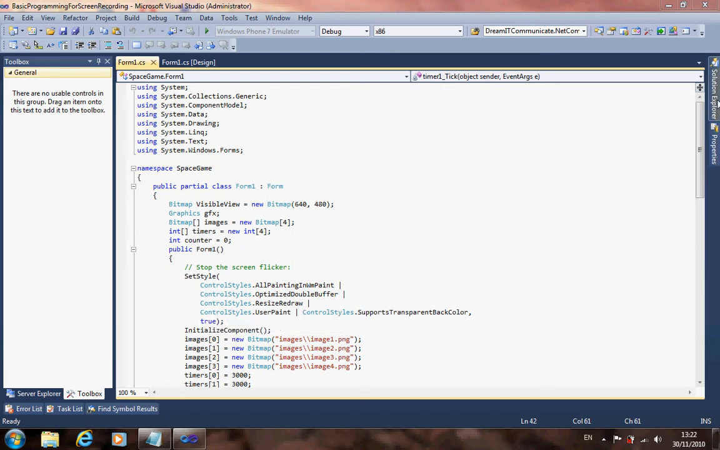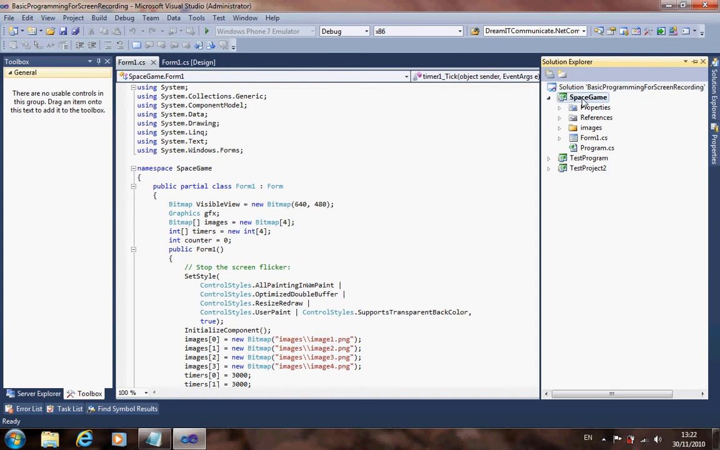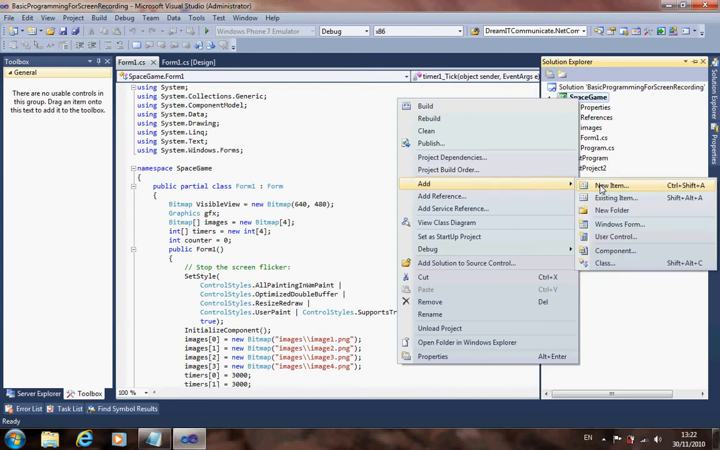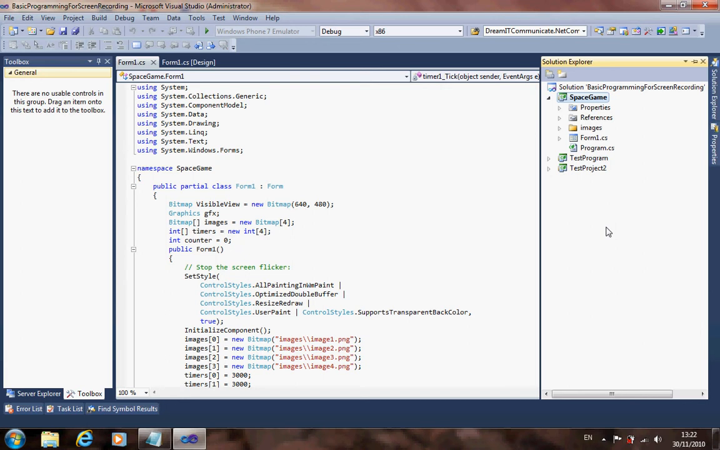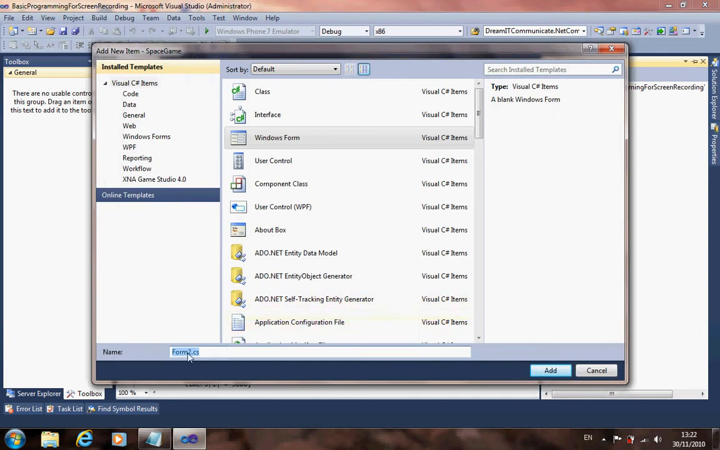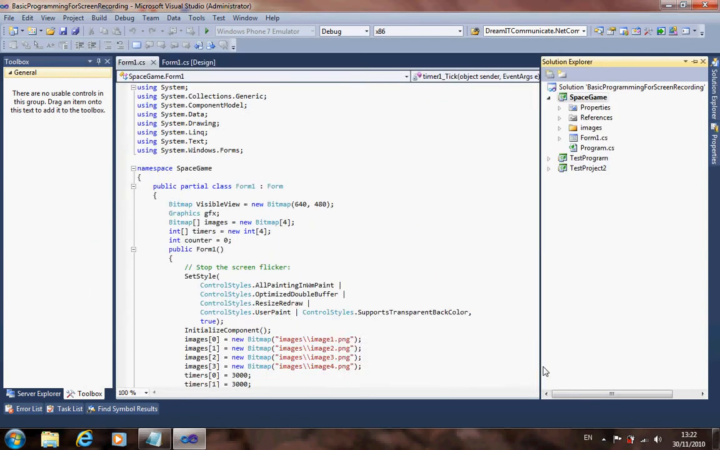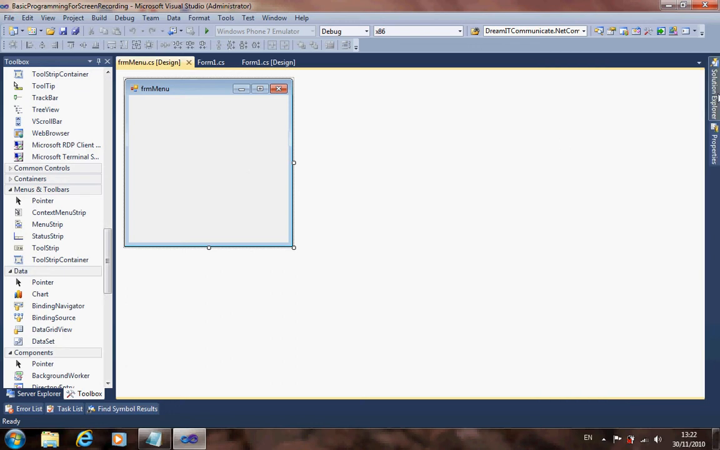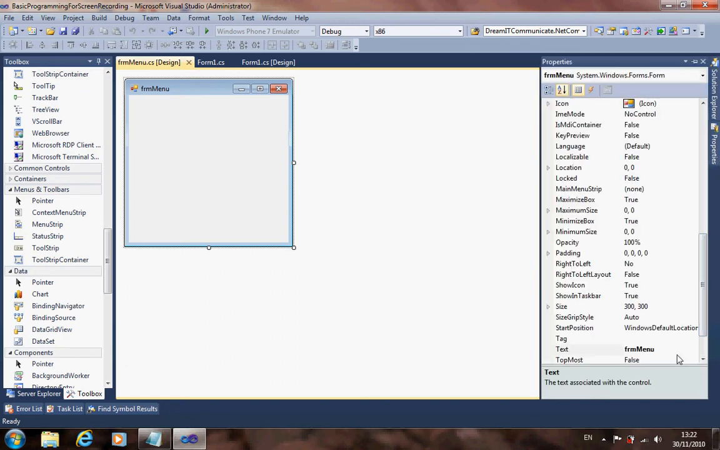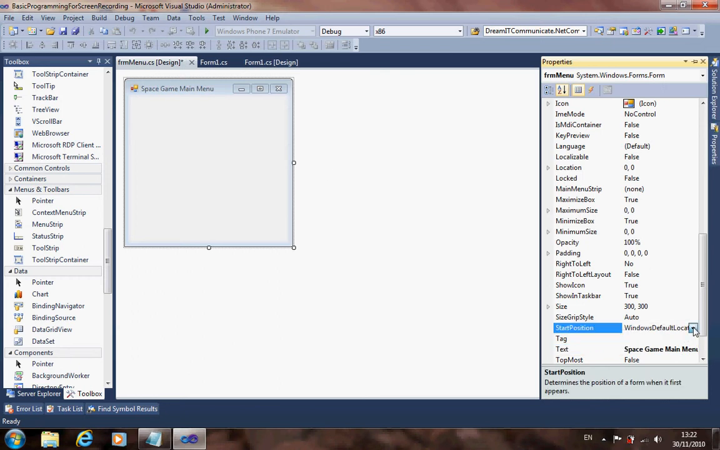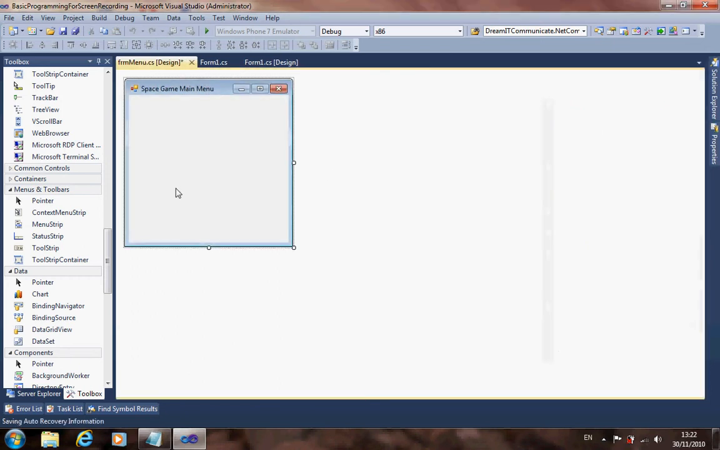First thing I'm going to do is, under Solution Explorer, I'm now going to create a new form. So add Windows form, and this form I'm going to call FRM menu, as in form menu. This is actually going to be a placeholder program, so let's give the properties on this the text space game, as I haven't got a real name for it yet, main menu. I'm also going to set my start position, as always, to the center screen for neatness,